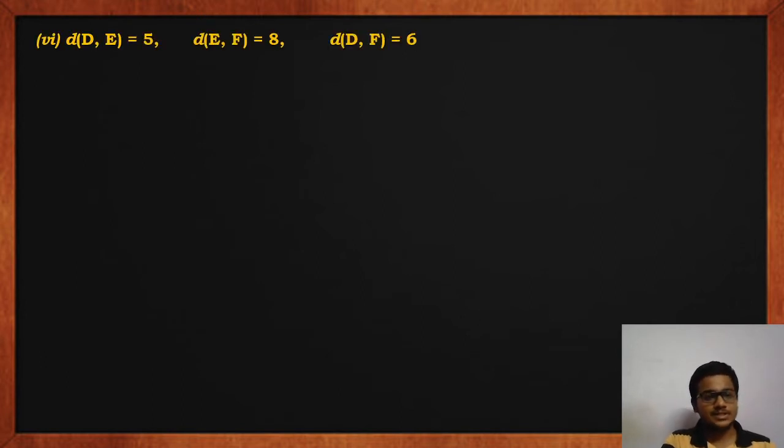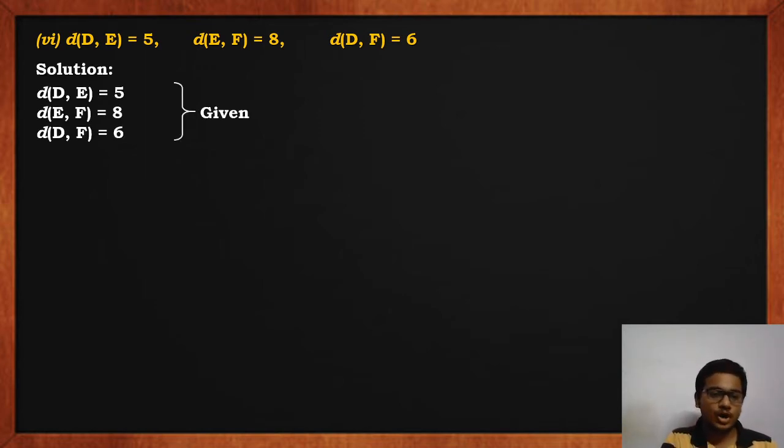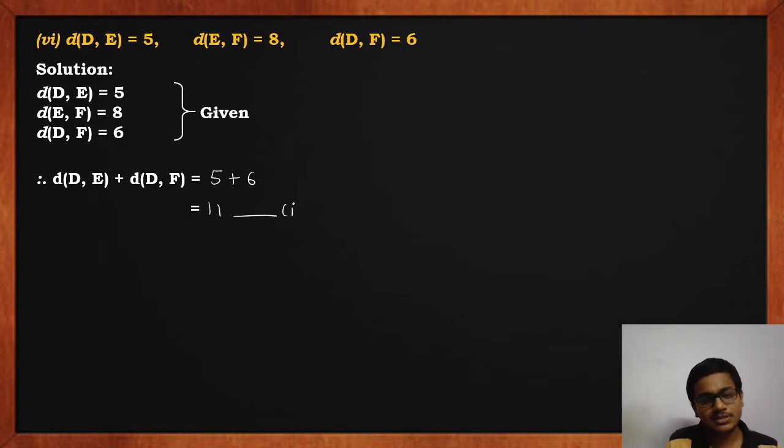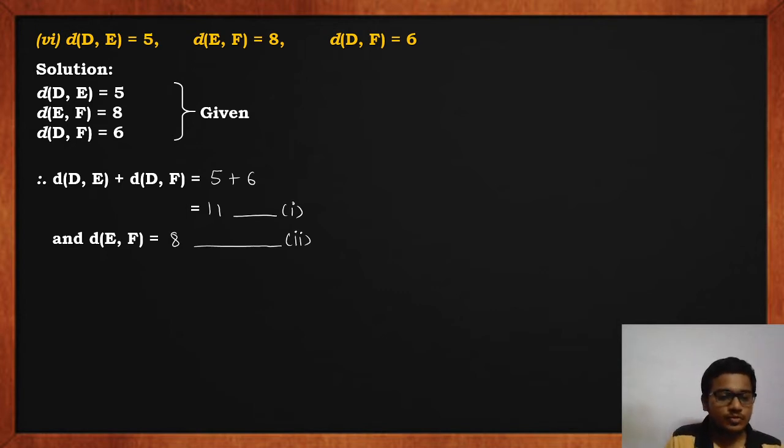Let us move to sum number 6. Sum number 6, distance DE is 5, distance EF is 8 and distance DF is 6. We'll write them again in sequential order, 5, 8 and 6. Greatest distance is distance EF, that is 8. Ignore it. Add the other two distances, that is distance DE plus distance DF equal to 5 plus 6, that is equal to 11. Mark this as number 1. Then distance EF is 8. Now 8 and 11 are not equal numbers. Okay. So therefore, we can say that from 1 and 2,